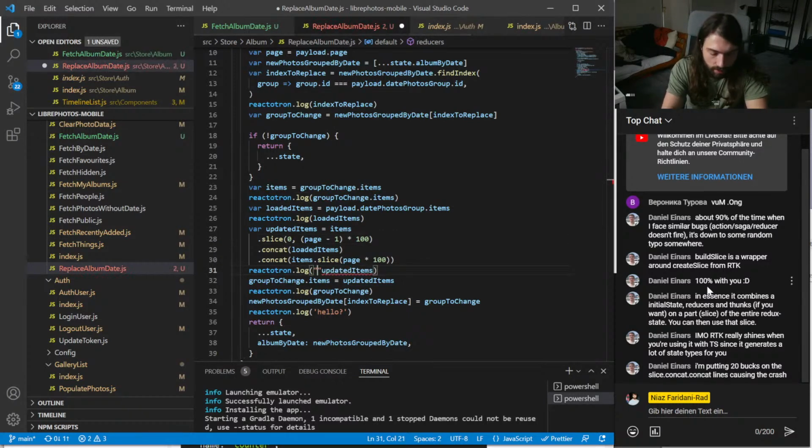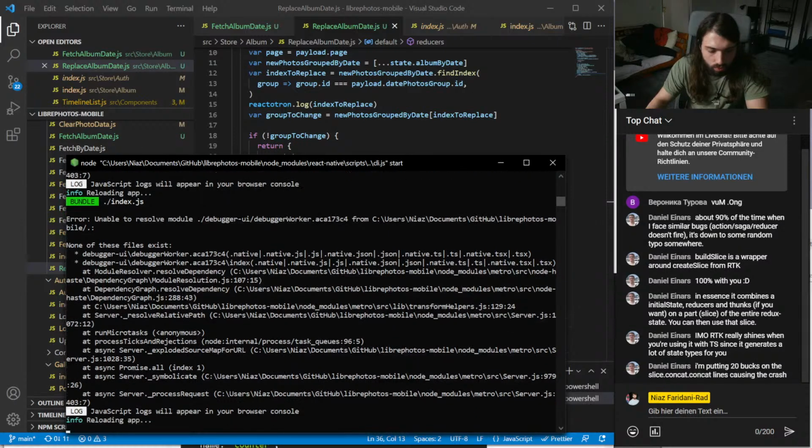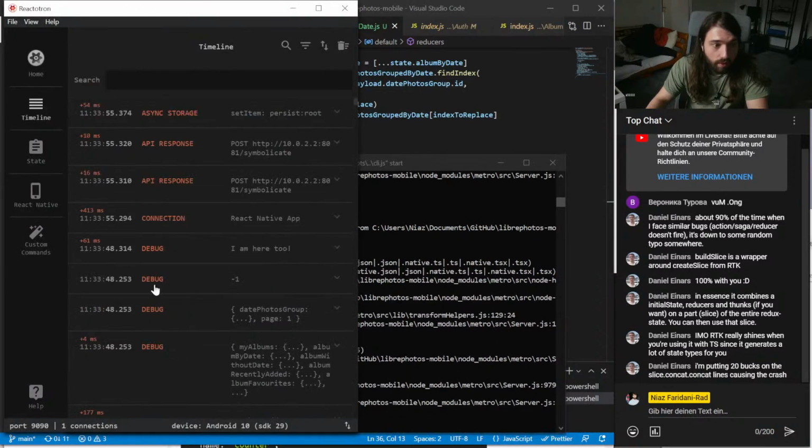So let's check if this crashes update items. Reload. Okay, so let's see.